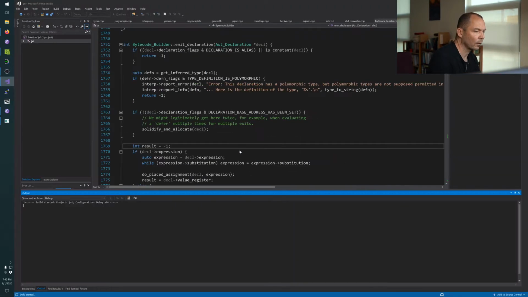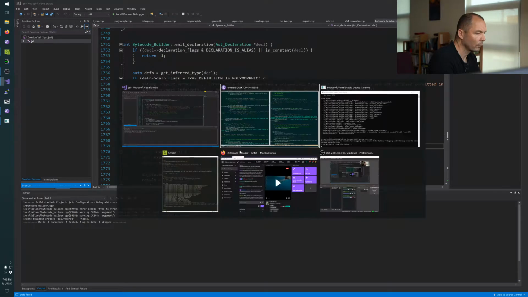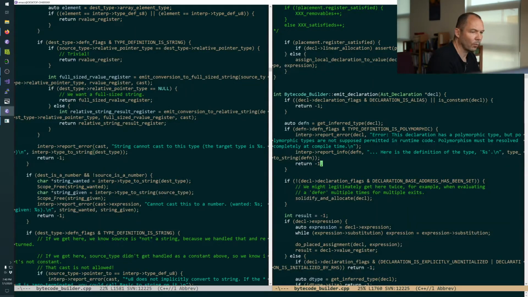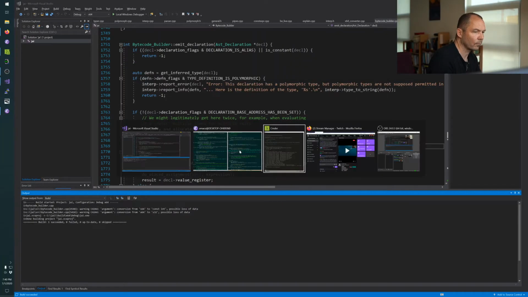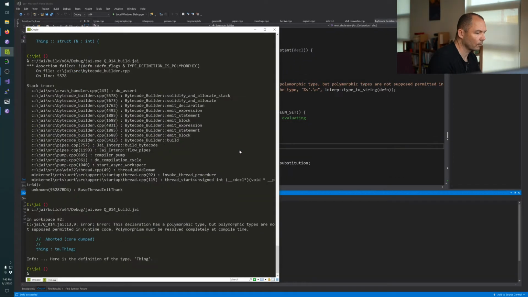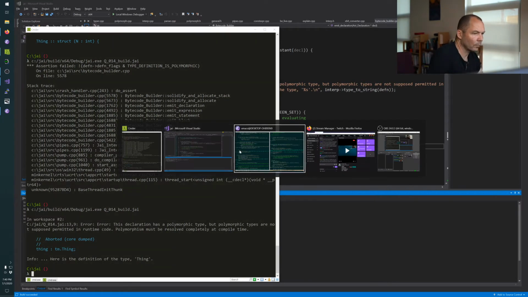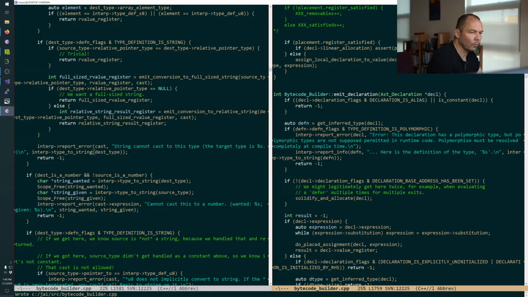Try that. No type to string. Oh, because it's interp. Interp. Report.